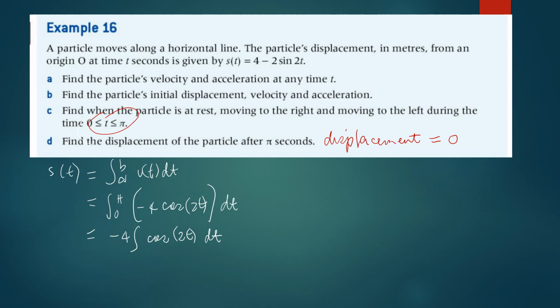Notice that this is in the form of the integral of cosine of a linear function dx, which is equal to 1 over a, and then the integral of cosine is sine, and then just copy the angle. Now we don't write plus C anymore because we have boundaries. So this is the same as negative 4